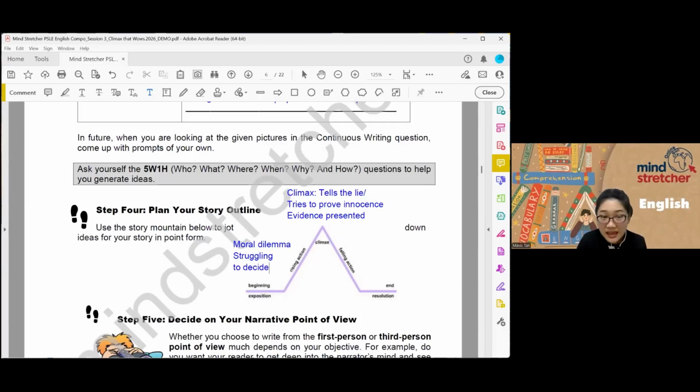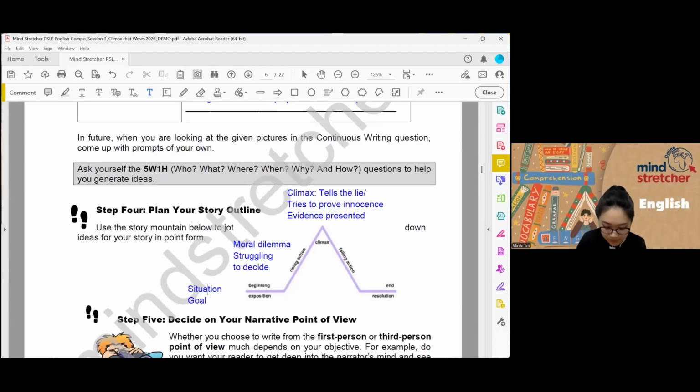And in the introduction is where you state the situation, like what's happening that threw you into this situation where you have to perhaps tell a lie. Okay? What's the goal? Is your goal to protect someone's reputation? Is your goal to gain more money? Is your goal to uncover something? And in the process, you got into trouble. So, what's the situation? What's the goal? What's the moral dilemma you're struggling to decide?